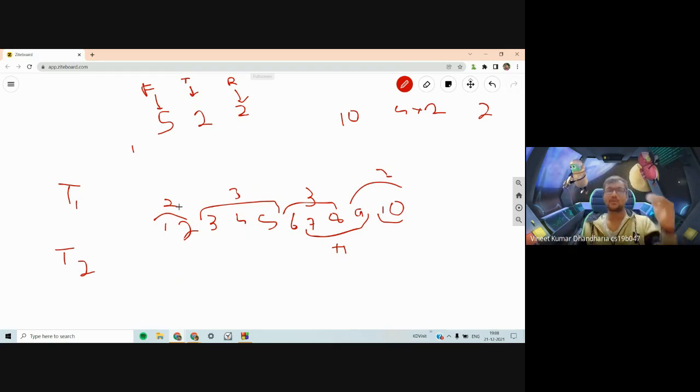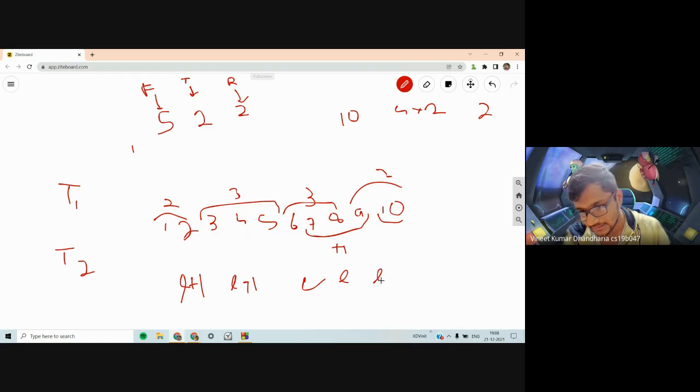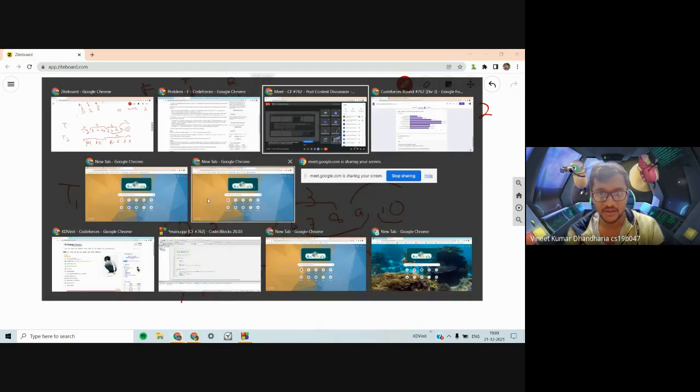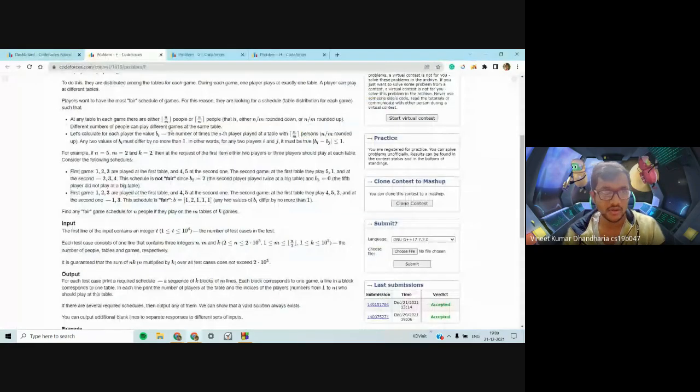So initially you would divide L plus 1, L plus 1, and L. And from next time, what you would do is you just start from the person whom you gave the L table. So maybe I'll just draw it. So you give L plus 1, L plus 1, and then you give L. So L plus 1 would be R times, and L would be the remaining number of times. For these people, you gave advantage. Then you would give advantage to people starting from here, then from here, and this goes on cyclically. I will just show you my code.